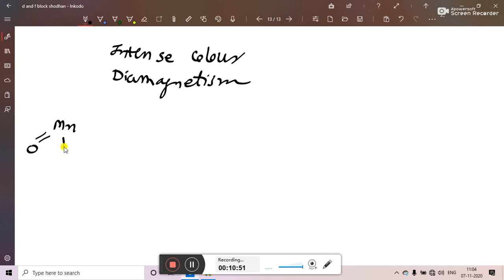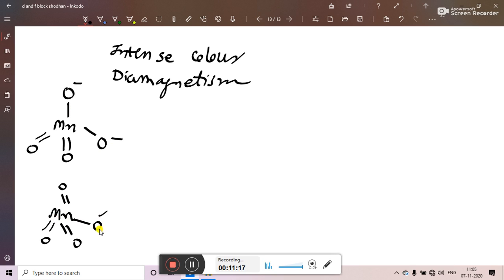permanganate ion and manganate ion, that is MnO4 2 minus ion, manganate ion, and permanganate ion, that is MnO4 minus. So here we have to remember that when we are writing manganate ion, it is 2 minus ion. So two oxygen will be negatively charged, so they will be singly bonded. And in case of permanganate ion, only single minus is there, so that means only one oxygen will be singly bonded. So both are tetrahedral, in which the pi bonding takes place